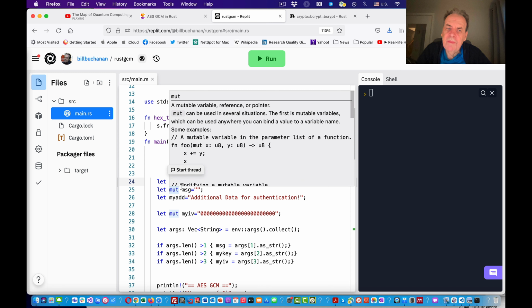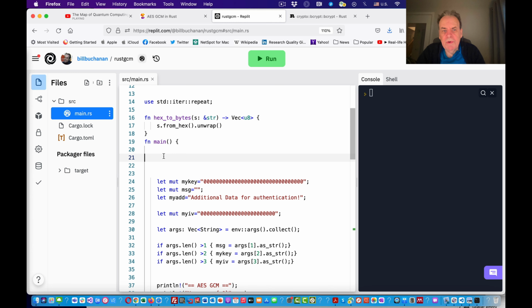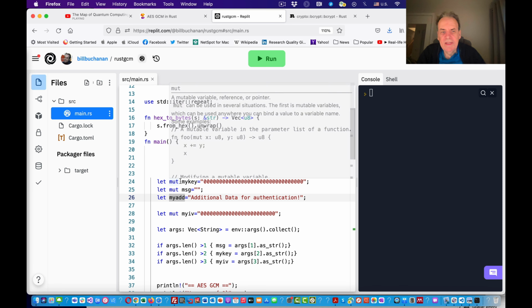If a variable is changing, we make it mutable. If later on I use my add, then I will not be able to compile because it's not a mutable variable. Something that's going to change, we make mutable, which allows it to be changed. Something that won't be changed, we don't put the mut tag on.